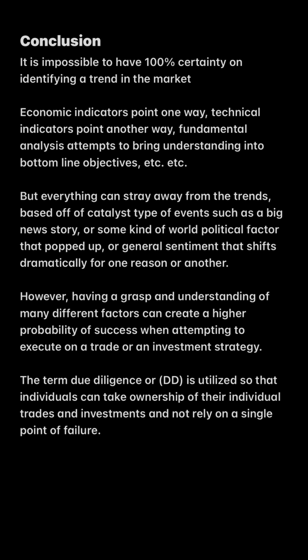The fundamental analysis attempts to bring an understanding into the bottom line objectives, etc., etc. But everything can stray away from the trends based off of catalyst type events, such as a big news story or some kind of world political factor that just popped up, or general sentiment that shifts dramatically for one reason or another. However, having a grasp and understanding of many different factors can create a higher probability, there's that word again, probability of success when attempting to execute on a trade